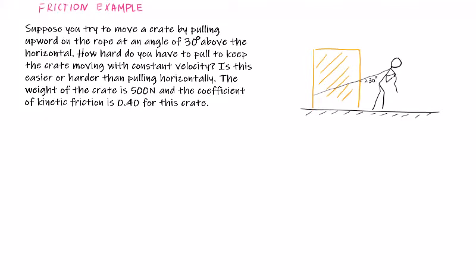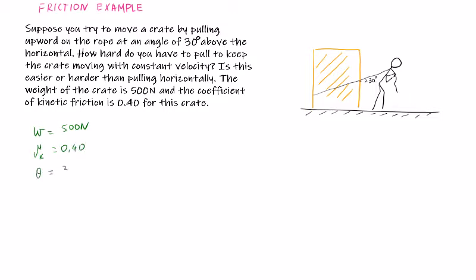Suppose you try to move a crate by pulling upward on the rope at an angle of 30 degrees above the horizontal. How hard do you have to pull to keep the crate moving with constant velocity? Is this easier or harder than pulling horizontally? The weight of the crate is 500 newtons, and the coefficient of kinetic friction is 0.40, and we know that